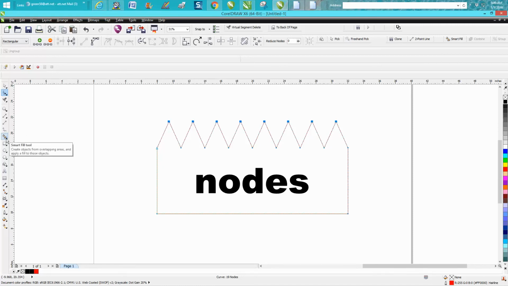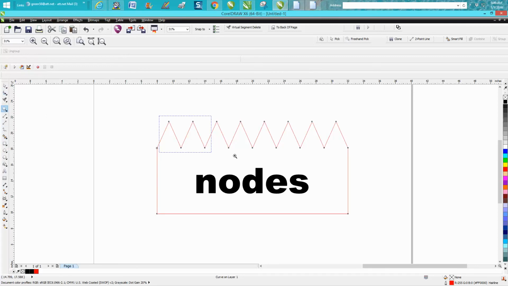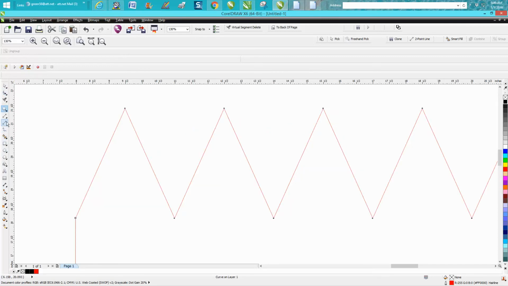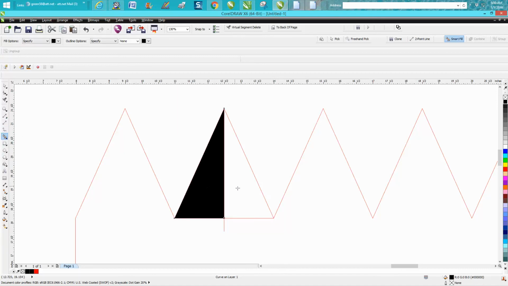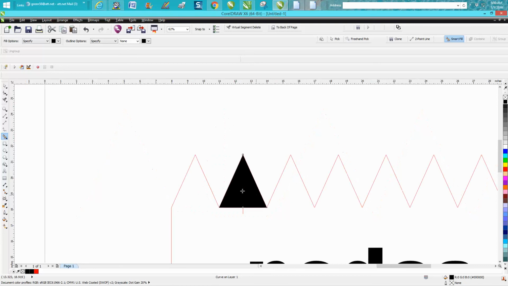And I'll just kind of show here. Let's zoom in. If you would put a line with your straight line tool from here to here, and then go from the top node and holding down your control button. Sometimes that happens. Hold down your control button. You can see that the nodes are equal. Each piece is equal. So if you hold down your control button when you're moving nodes, it'll kind of,